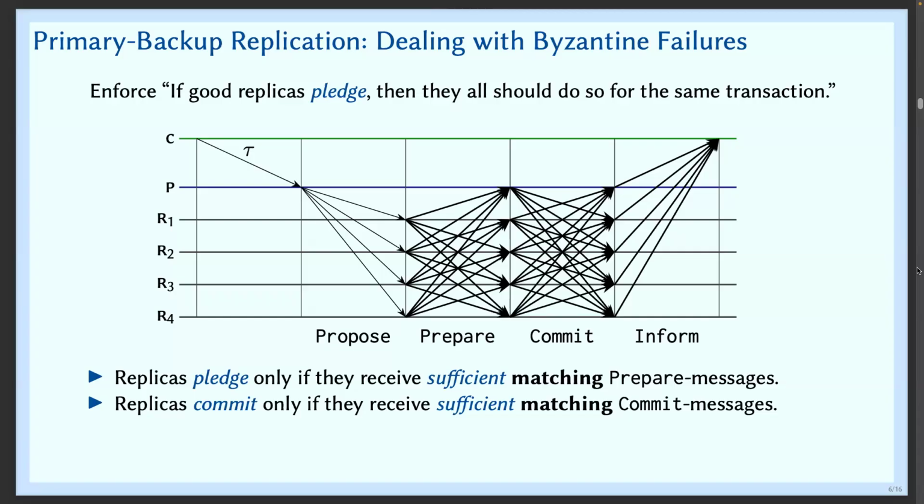At that point, it sends a commit message. Again, we have another exchange of messages. Once it collects enough commit messages, meaning it can form a commit quorum, it enters a committed state. Once it enters the committed state, it informs the client. At least from the perspective of that replica, the transaction is committed. So that was just a quick reminder of the basics of this protocol. We have two phases of quadratic communications.